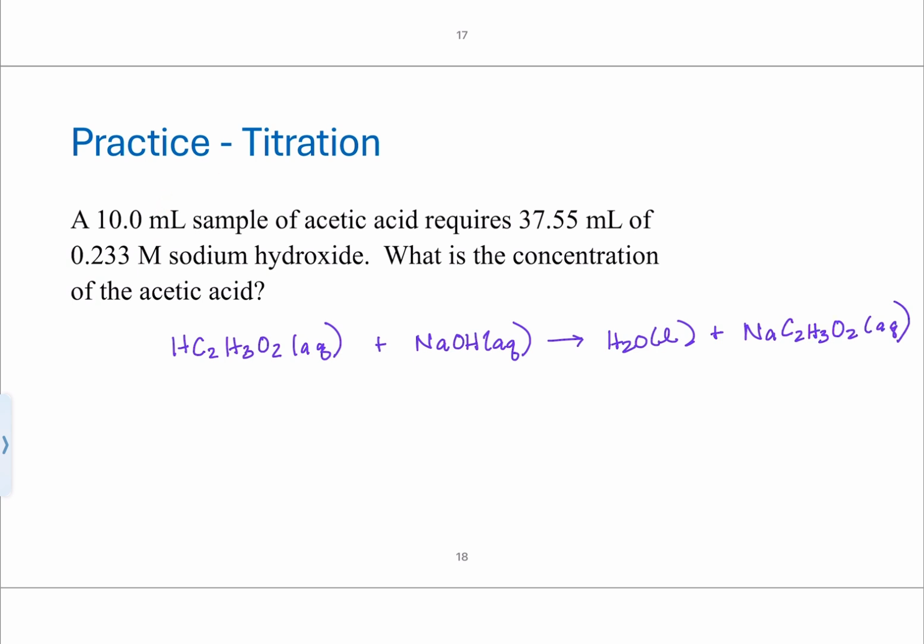And the next thing that we need to do is take the volume that we're given, and the volume that we're given is actually in milliliters. So what you first need to do is take the amount that you're given that's in milliliters and convert it to liters. This is the one we're working with first. We still need to convert it to liters. So if we take 37.55 milliliters and convert it to liters, you should get 0.03755. So now we can take that volume